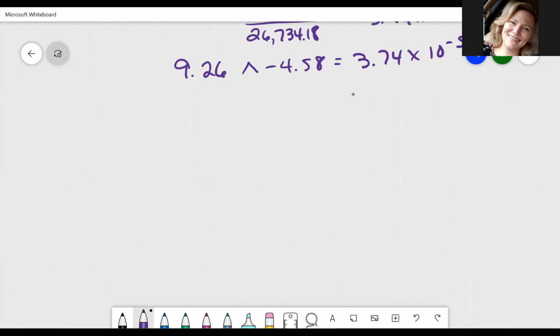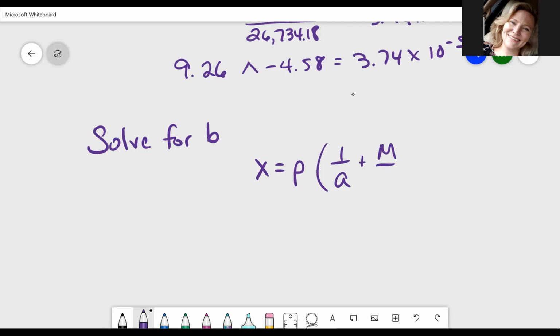All right, so I've got here solve for B. Solve for B is what we're told to do. And the equation that I have is X equals P, opening parentheses, 1 over A plus M over B. All right, so I've got this right here, and I want to solve for B. So I have to unbury B. Right now, B is inside parentheses and it's in the denominator. So we're just going to start